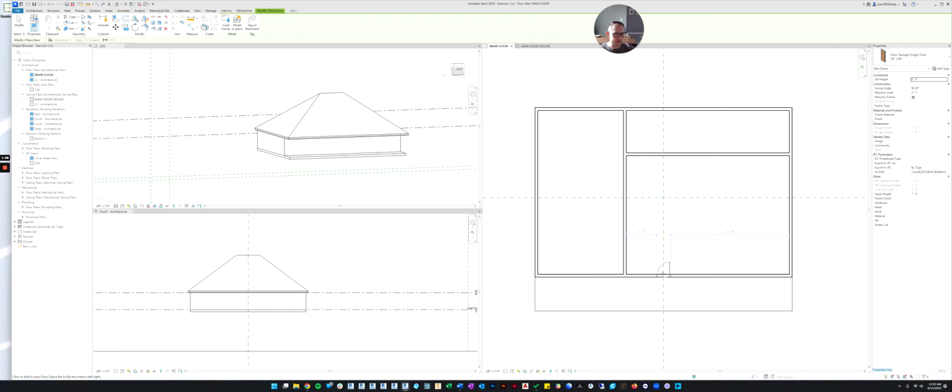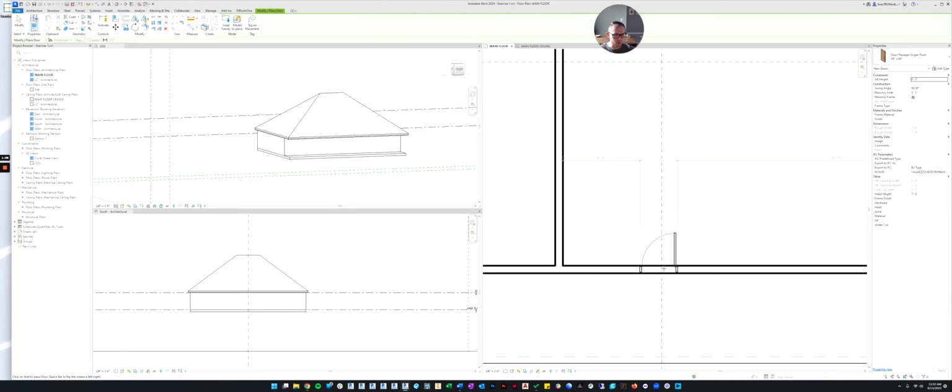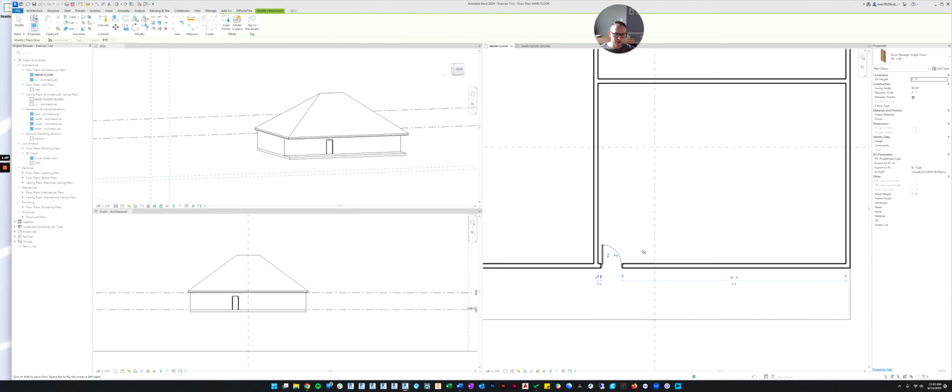So let's put this as our front door. Now, when you move over the wall, it gives you a preview of where it's going to put it. And if you hover more towards the inside of the wall, it'll swing it in, or if you move your cursor down towards the outside, it'll swing it out. And another thing you can do is if you keep your cursor where it is, if you hit the space bar, it will flip the direction of the swing. So if we want to move this right here and flip the swing, there you go.